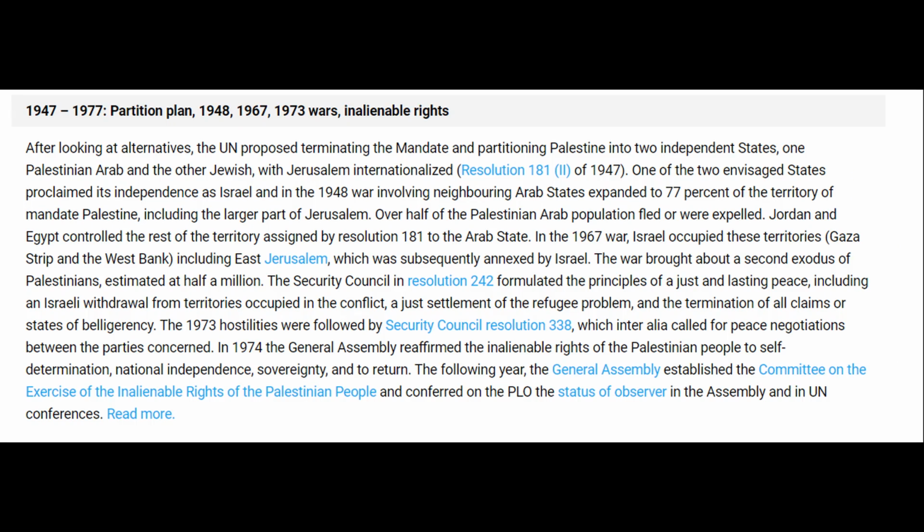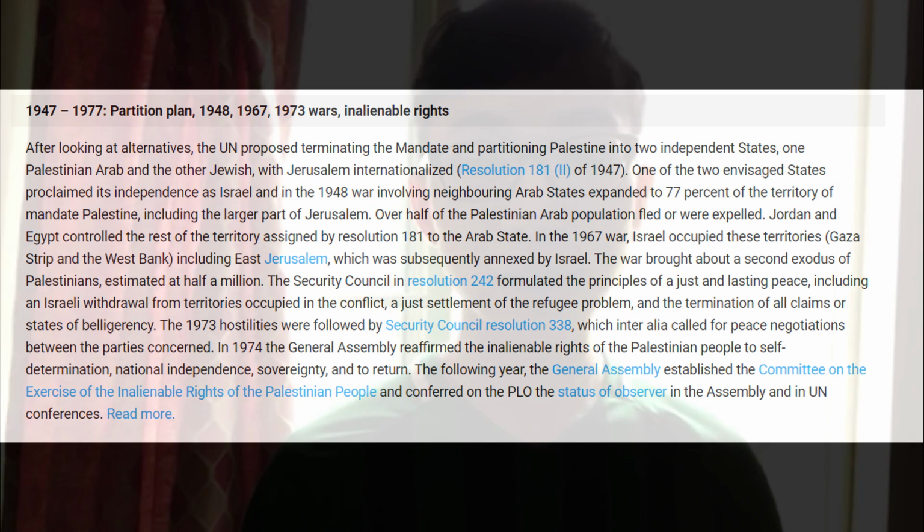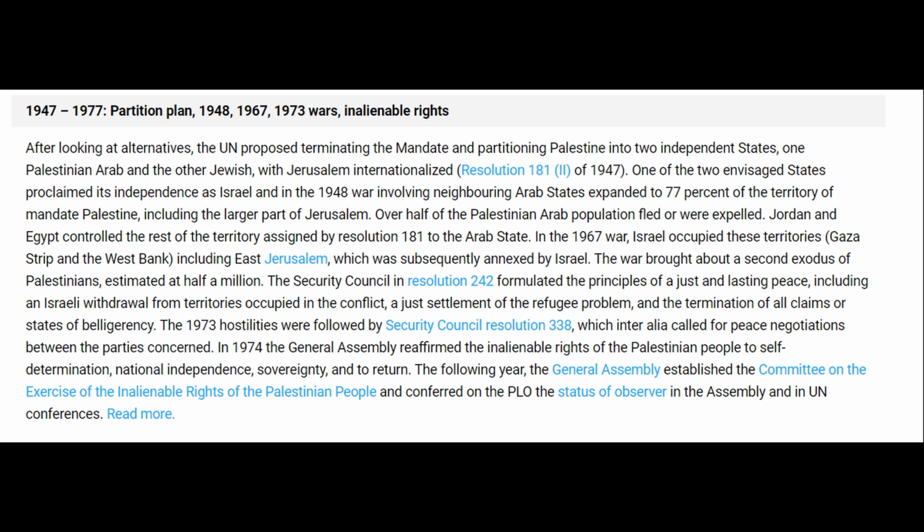For example, even though Jordan and Egypt were given the rest of the territory given by Resolution 181, in the 1967 war, Israel occupied these territories, the Gaza Strip and the West Bank, including East Jerusalem, which was subsequently annexed by Israel. Furthermore, the war brought a second exodus of about 500,000 Palestinians, where the Security Council in Resolution